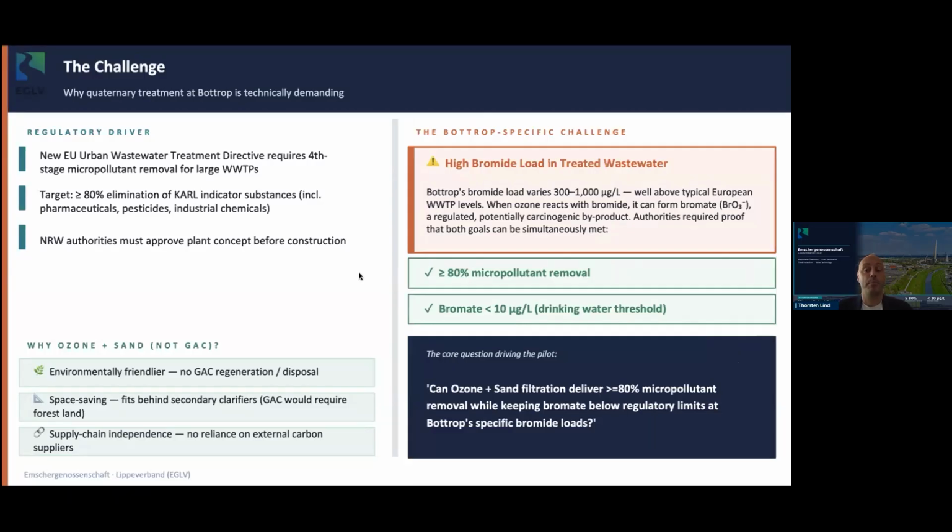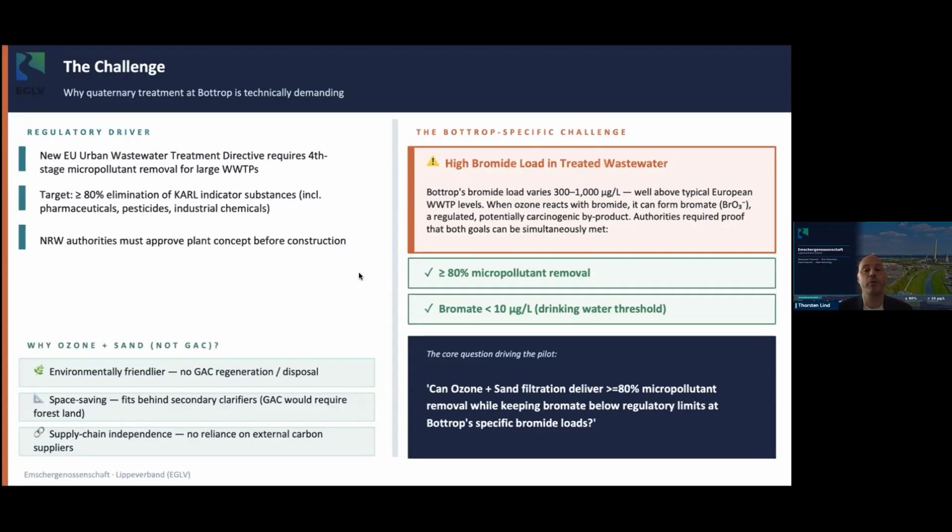Its purpose is to remove the micropollutants by at least 80%. There is a directive for it named CARL. CARL is the abbreviation for Kommunale Abwasserrichtlinie, a very long German word. It basically means Urban Wastewater Directive. And this is what we need to fulfill, but we have some very specific site challenges